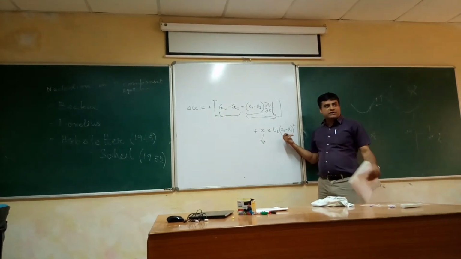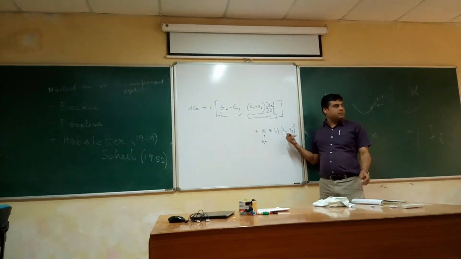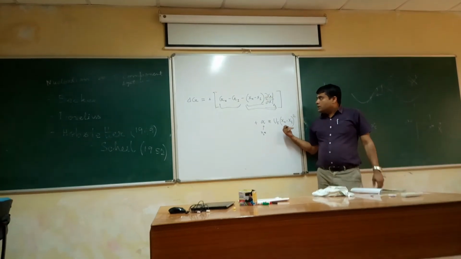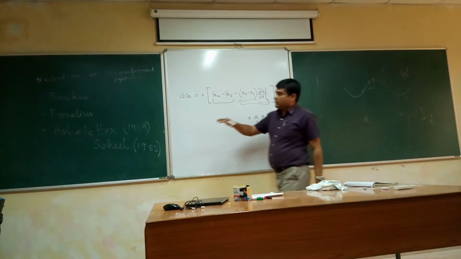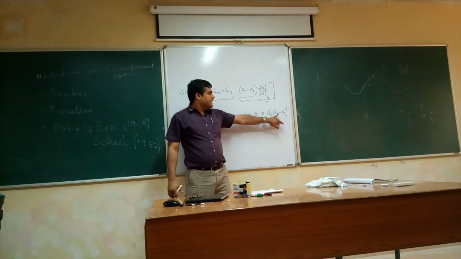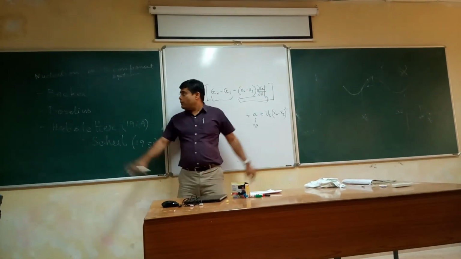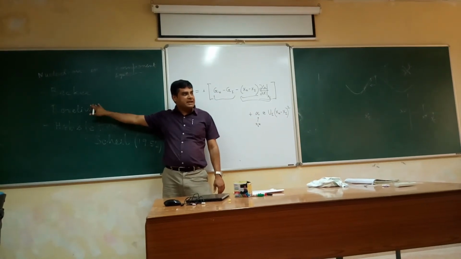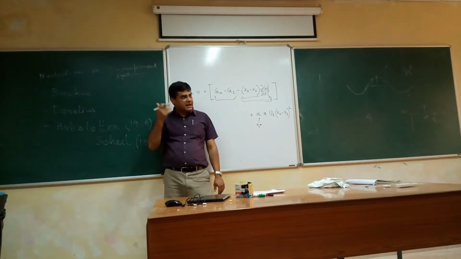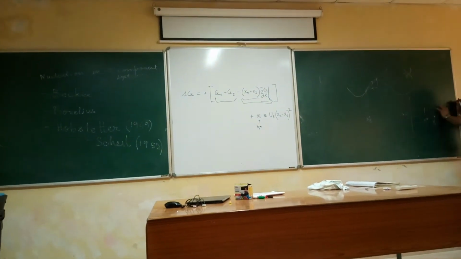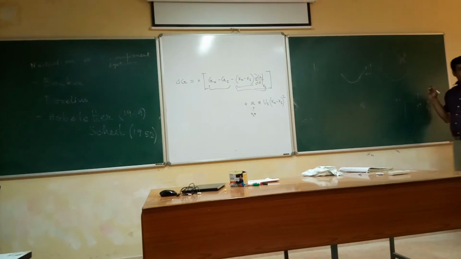Baker assumed the composition of the embryo to be X beta. What these two guys did is just kept Xn as a variable. Baker took Xn to be constant at X beta, but Borelius kept Xn variable, and he came up with a result, and he ignored gamma.